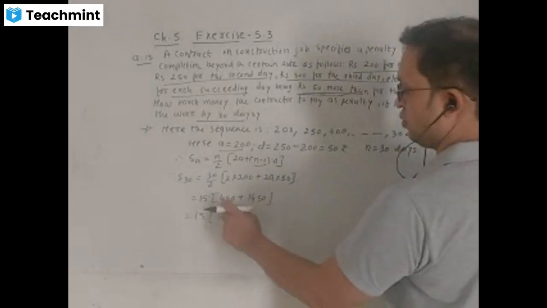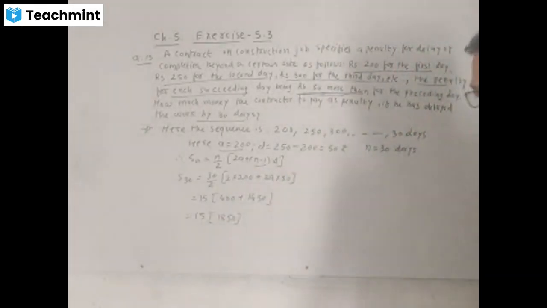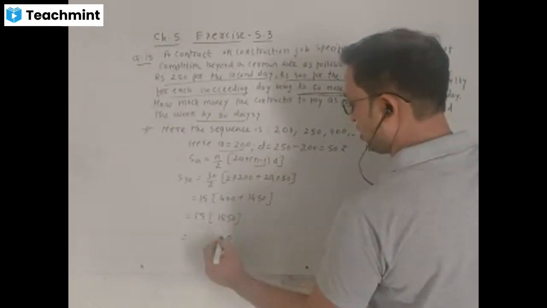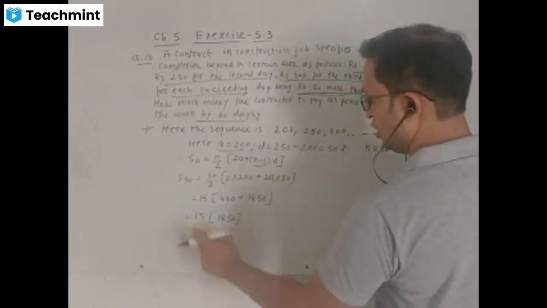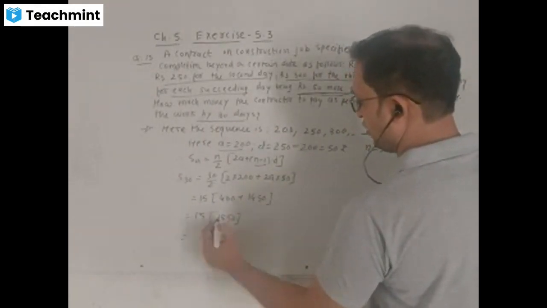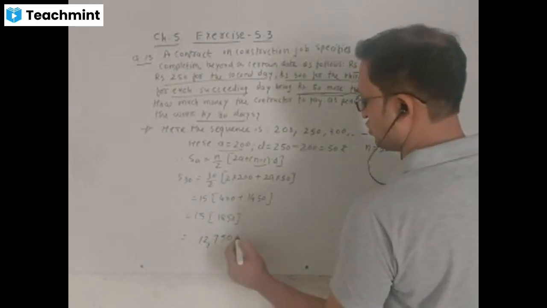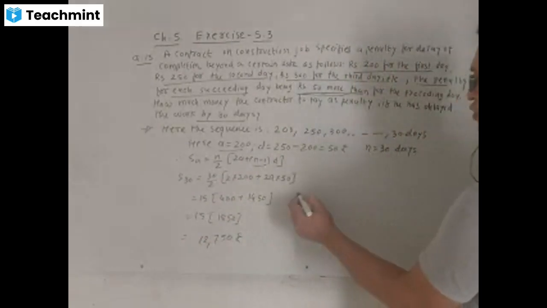1450 plus 400, that is 1850, into 15. Therefore 0 as it is. 15 5s are 75. 15 8s are 120 plus 7, 127. 15 1s are 15 plus 12. ₹27,750. Therefore,